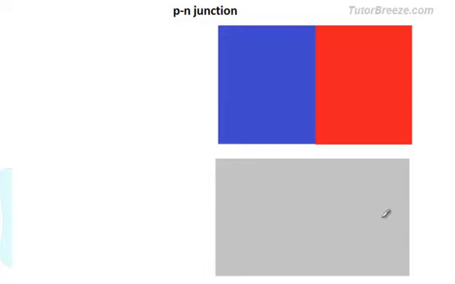A single semiconductor crystal like silicon or germanium is doped to make one region as a p-type material and an adjacent region as an n-type material. This is done by a special manufacturing process. You cannot simply glue together an n-type material and a p-type material to get this junction, because the junction is extremely thin, it is of the order of 10 to the power minus 6 meter.